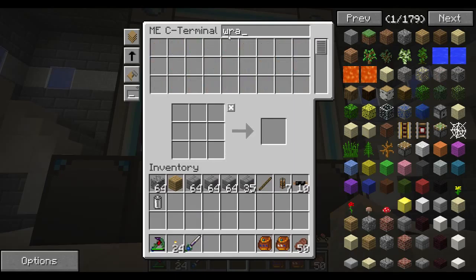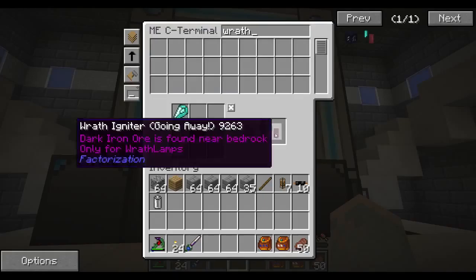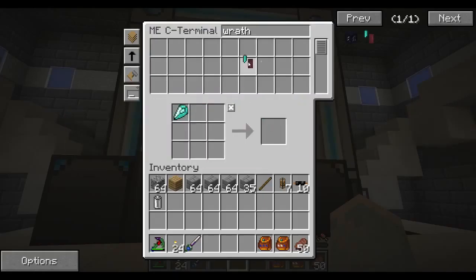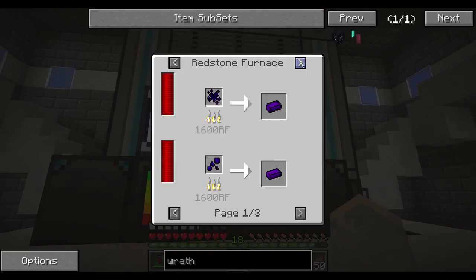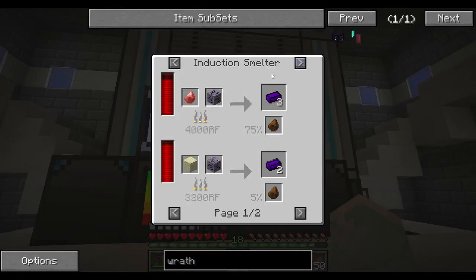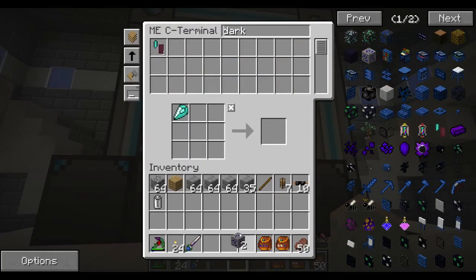One thing I want to do though, real quick, because I've been forgetting to do it the last few episodes, is go ahead and make the wrath lamp. You might remember I made the diamond blocks a while ago. I have dark iron. You have to smelt it in an induction furnace. If you do sand, you get 2. I don't know. I don't have slag, so I guess sand. Let's do that. I only have a couple of these,